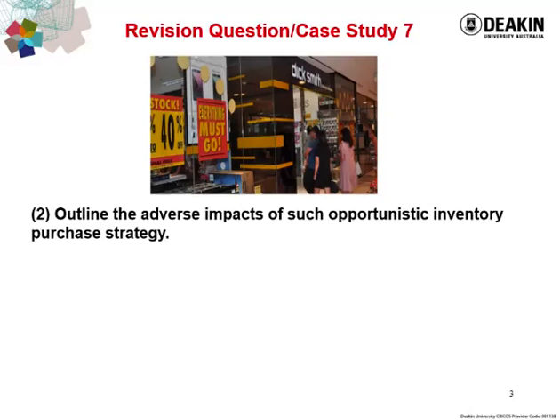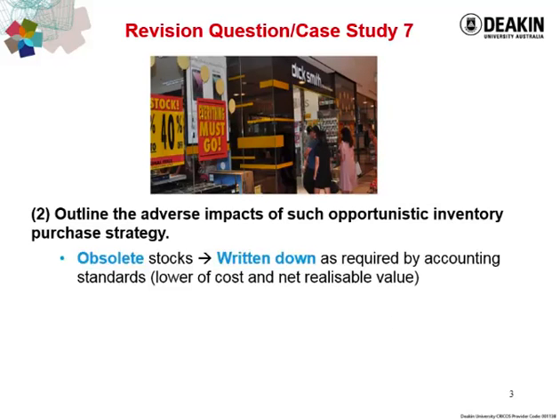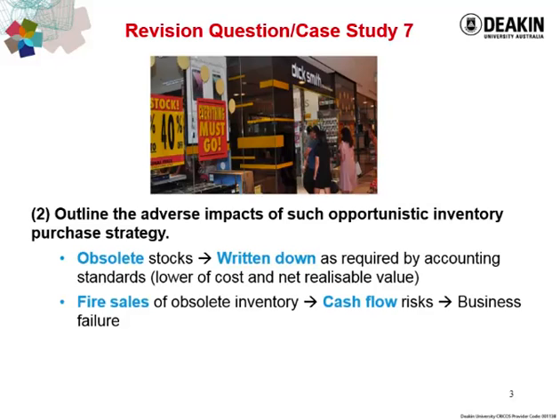In the next question, please outline the implications of the opportunistic inventory purchase strategy. First, with the purchase of obsolete stocks, Dick Smith will need to write down the inventory according to the lower of cost and market price rule, which we will cover in this topic. Next, it will lead to fire sales of obsolete inventory. Outdated inventories can only be sold out at very low price, and this can cause cash flow risk and lead